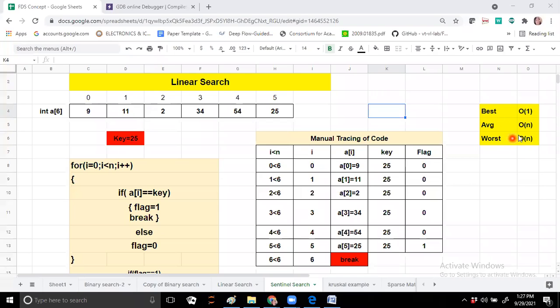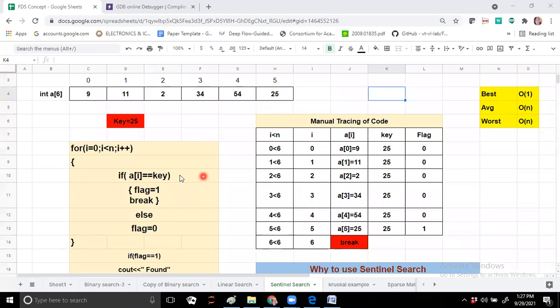So we are talking about the worst case where the key element I want to find is 25. In linear search, we search each element in a linear fashion to find the element 25.